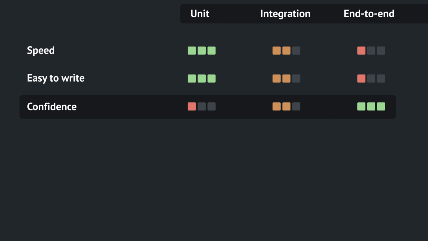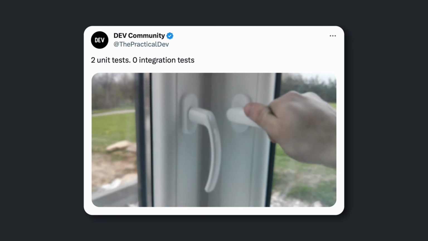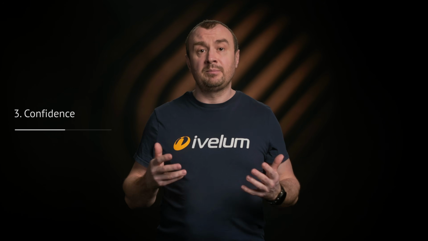Maybe you've seen memes on the internet like this. If all the low-level tests pass, it does not guarantee that our app works as a whole. End-to-end tests verify the program behavior from the end-user perspective, providing the best confidence that it's actually working. Confidence is the most important reason why we even bother with testing. If we spend time and effort on testing but the confidence level remains low, it doesn't seem like a good